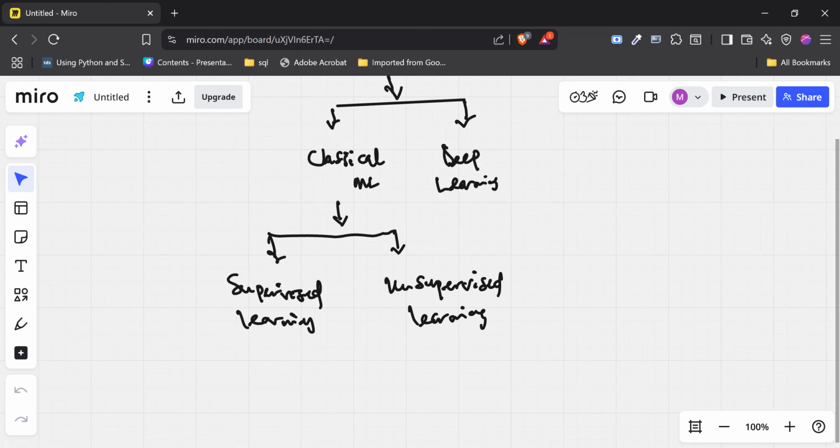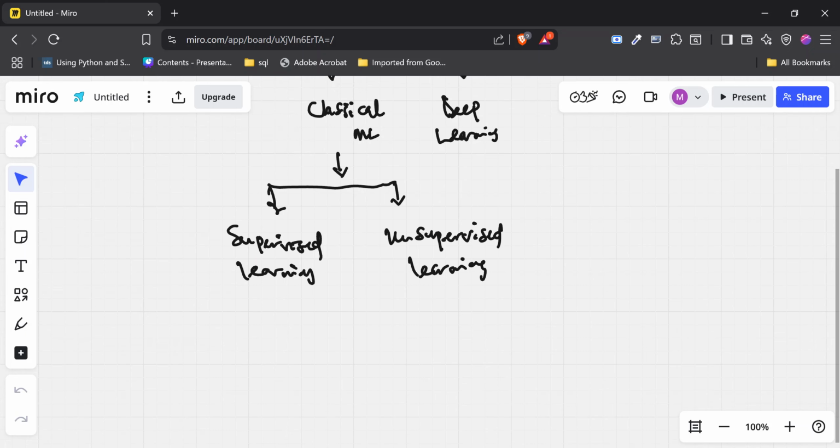Now under supervised learning, we have another subfield which depends on the kind of problem that we are solving.